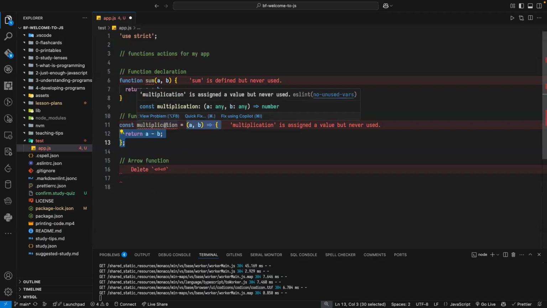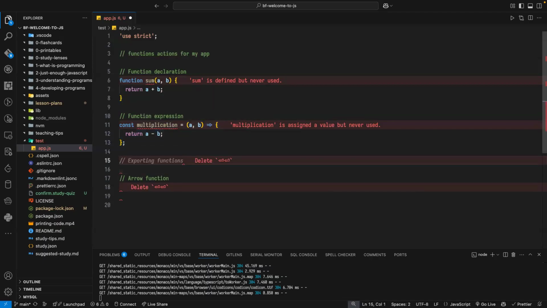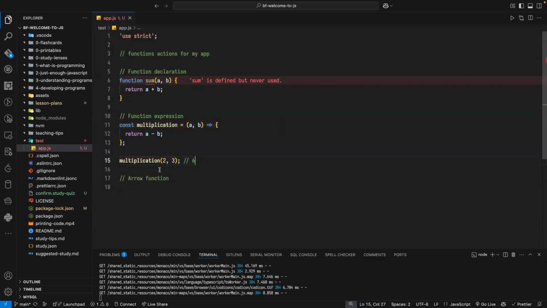And now this variable includes a function. Now I can call it. So all I have to do is type the name of my variable, and voila, use it as a function. Pass 2 and 3, and it should give me, actually it's multiplication, so it should give me 6, as you can see. So function declaration, I'm using the keyword function, and I have the name of my function